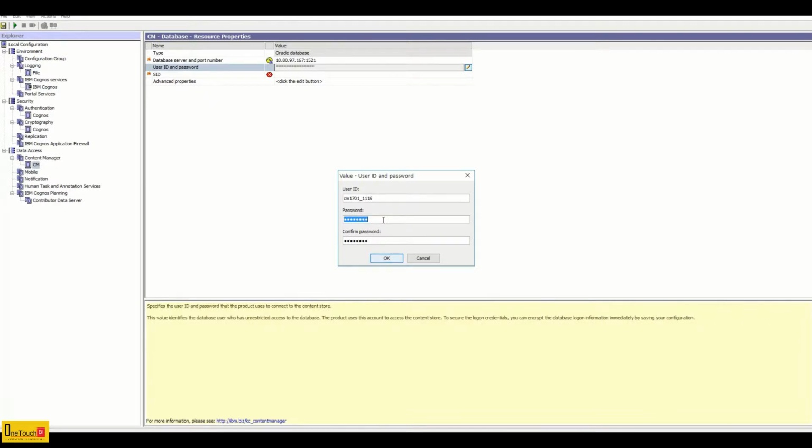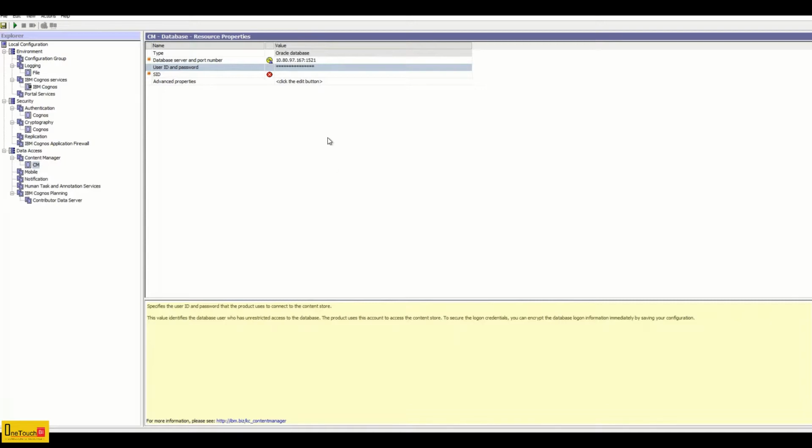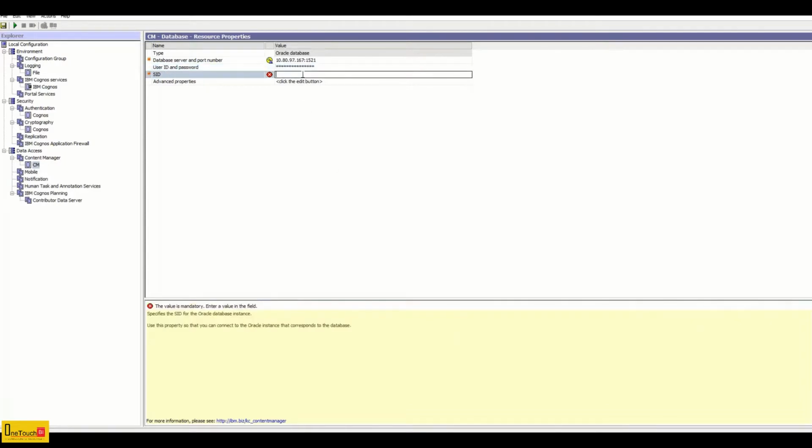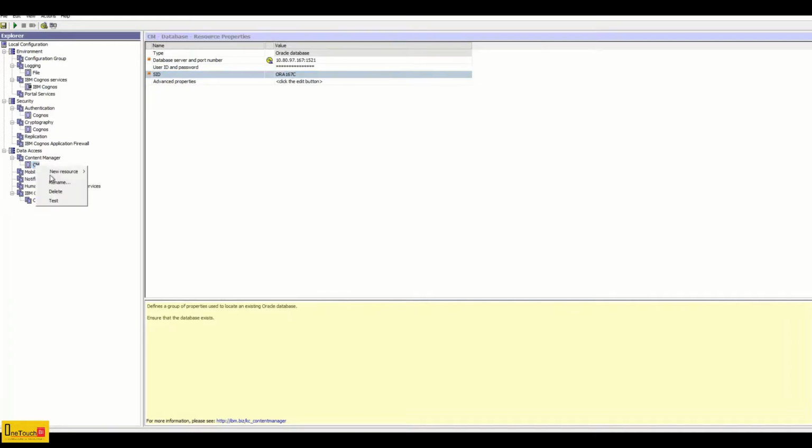Do you guys remember the password I provided? It is Cognos. A simple handy password. Click OK. And here my SID is ORA167C. We are good.